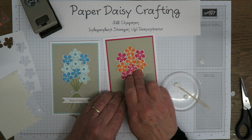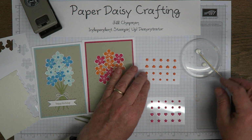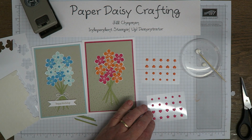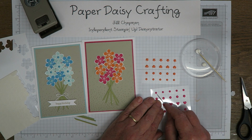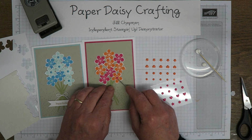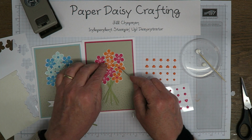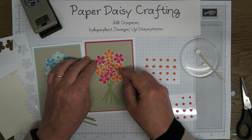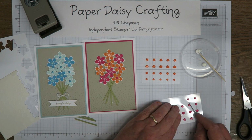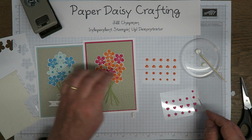There we go. Okay, I'm now going to take my enamel shapes and I'm going to use a sharp pokey tool to help me poke these off. On the pumpkin pie ones, I'm going to use melon mambo. Up to you. You could use a completely different colour if you wanted to. I quite like linking in the colours like this. There we go. So I'm using the smallest dots out of the enamel shapes,